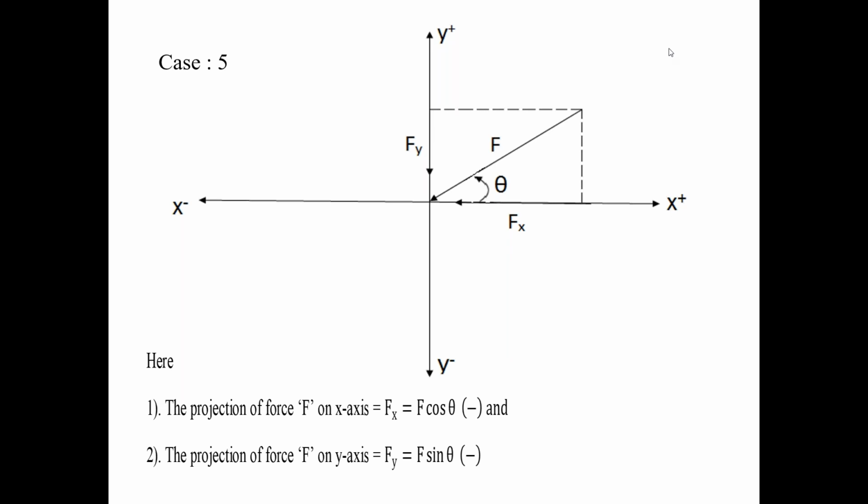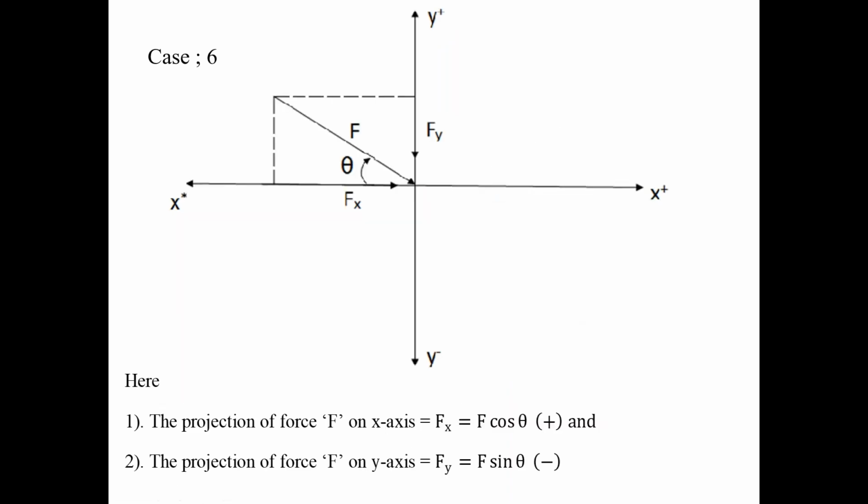Now I am going to discuss the next condition, the sixth condition in the projections of force. In the sixth condition, the force F is in the second quadrant. So, dear students, please everyone look at the cell phone screens. But look at the direction of force F. This is the direction of the force F, downward direction. Whereas in the second condition, the force F is in the second quadrant in the upward direction. Whereas in the sixth condition, the force F is in the downward direction.